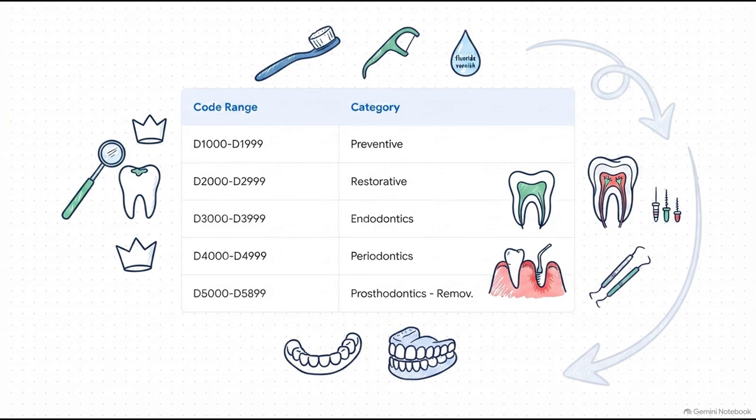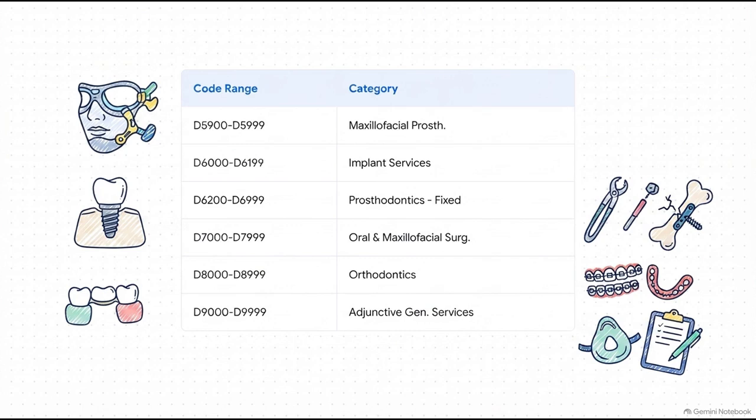Finally, for this half, D5000 to D5899 is prosthodontics, specifically removable items like partials and dentures. See how logical that flow is? You go from basic prevention, deep into the tooth root, down into the gums, and then replacing missing teeth. Moving into the second half of our framework,